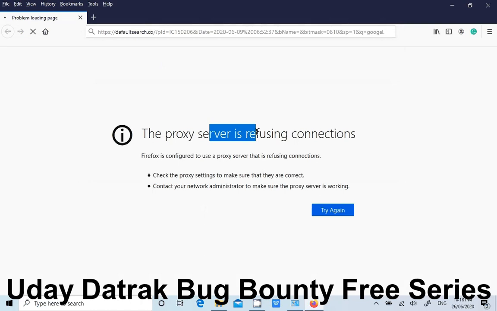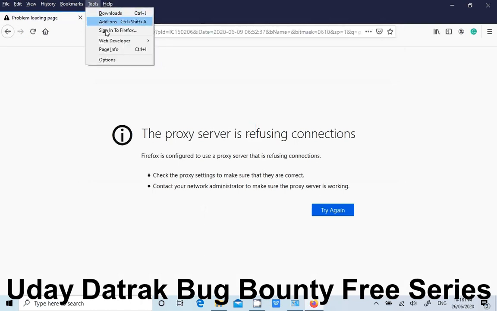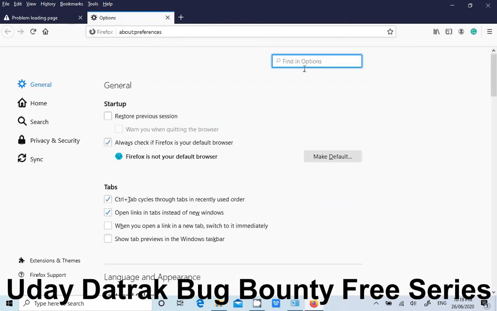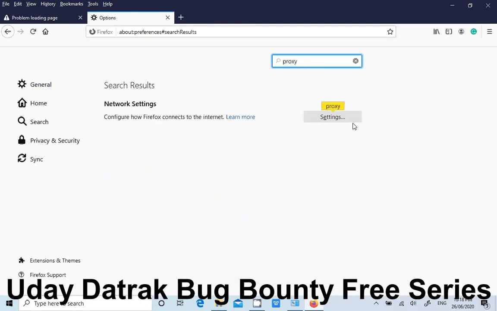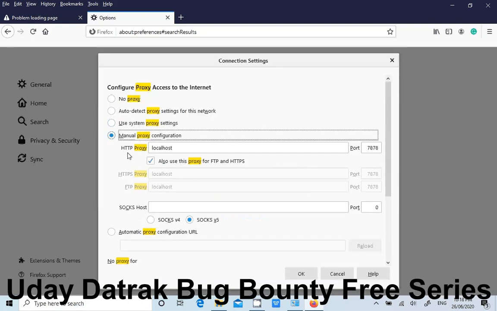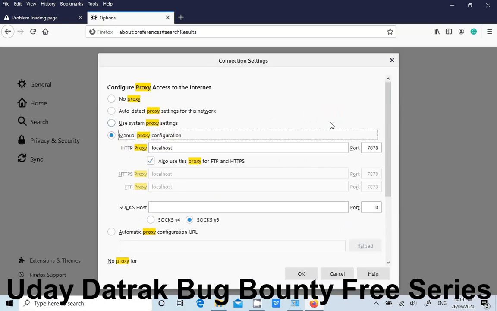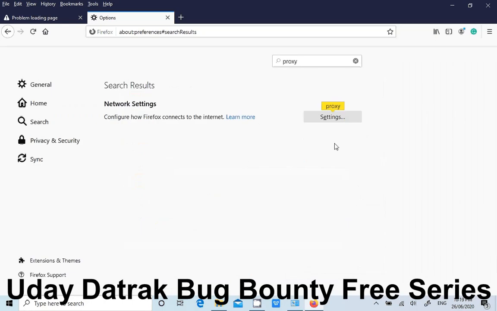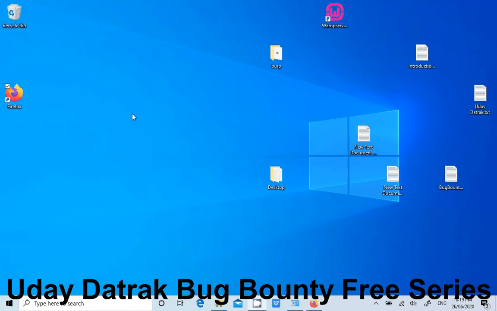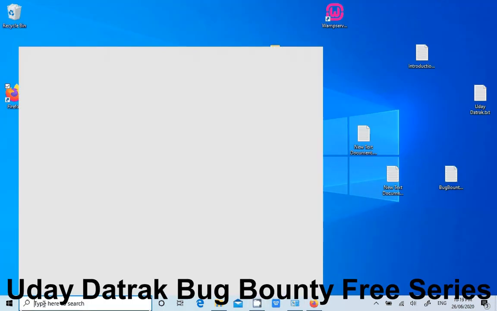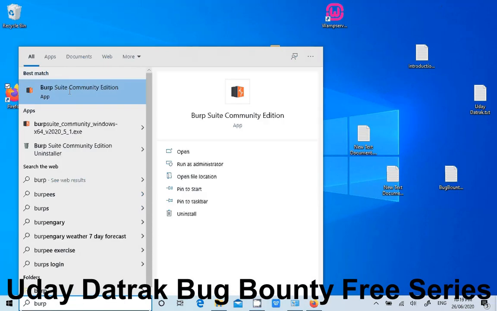Proxy server is, because what we have done is we have given the proxy settings within the browser here. Burp Suite settings, but Burp Suite is not running now. So what you need to do is either go to no proxy or else run the Burp Suite. So next time, how should you run Burp Suite?